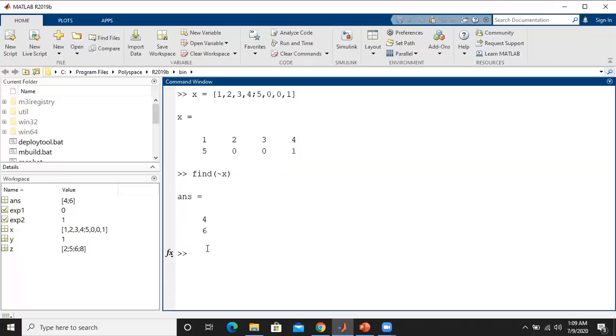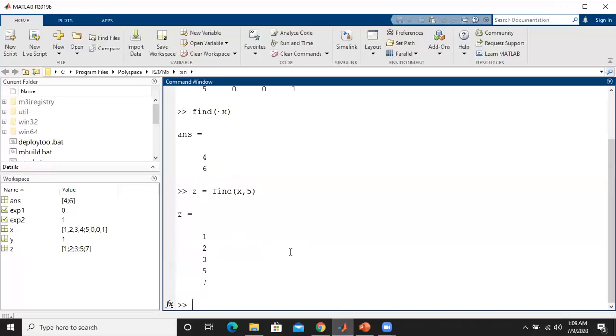Then we can also try like this. We assign the result to the z variable. So when we type find of x, comma 5, that means up to 5 locations, what are the non-zero values that we have? Those locations we can access now: 1, 2, 3, 5, 7.